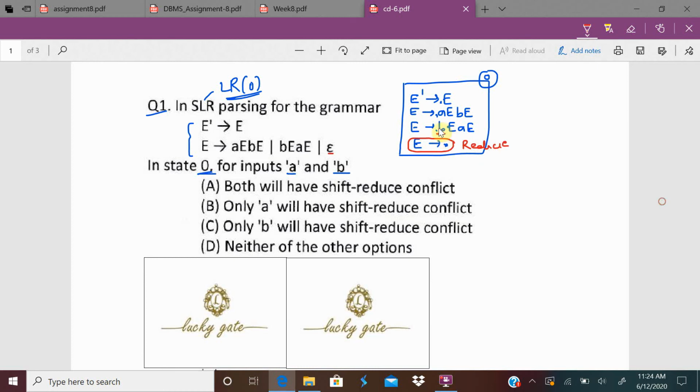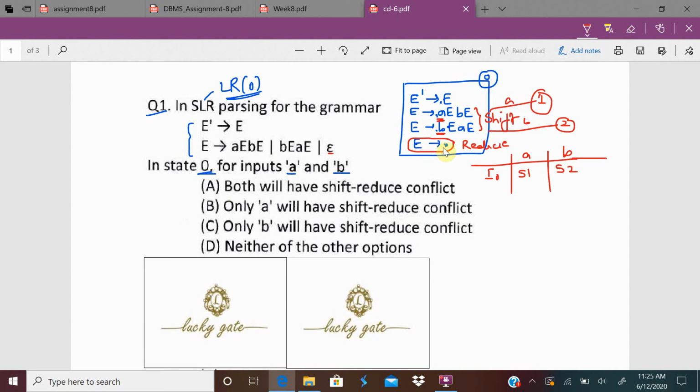And here E tends to dot B, it is a terminal. E tends to dot A, it is also a terminal. This leads to a shift action. It means in item 0, in the parsing table, on input A and input B, after moving the dot one position to the right, it will give some item 1. On B, if it moves the dot, it is going to give some more state, we can call 2. We can call 0 on A, it is shifted to 1. 0 on B, it is shifted to 2.